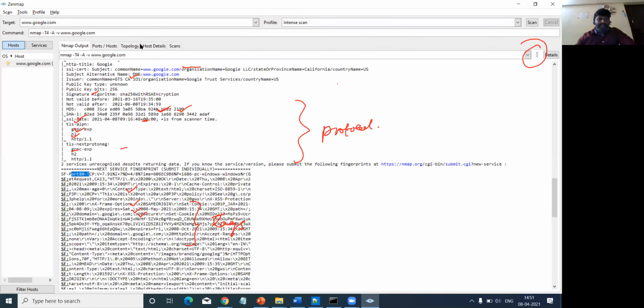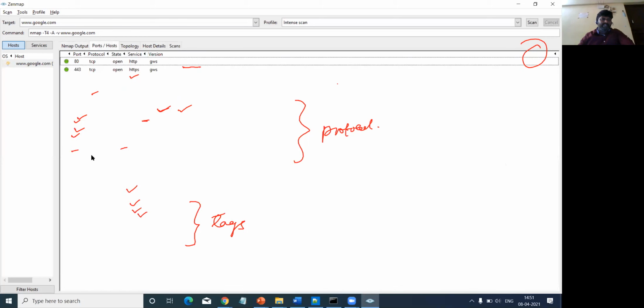Sometimes a user may not be able to understand this. If we do not have sufficient knowledge, it will be very difficult for us to understand. For that, what we can do is that there are GUI versions they have given, right? Here you will find the complete information with the help of the other tabs. I'll just quickly remove all the annotations.